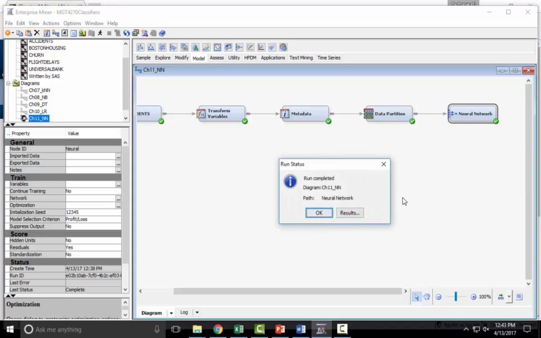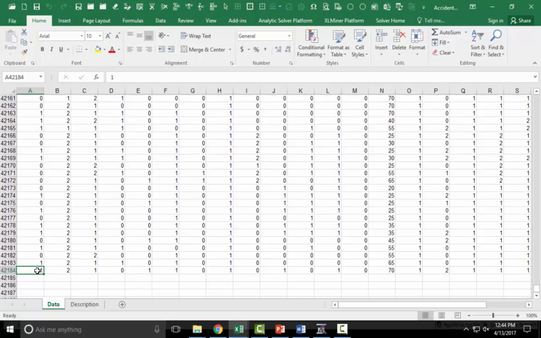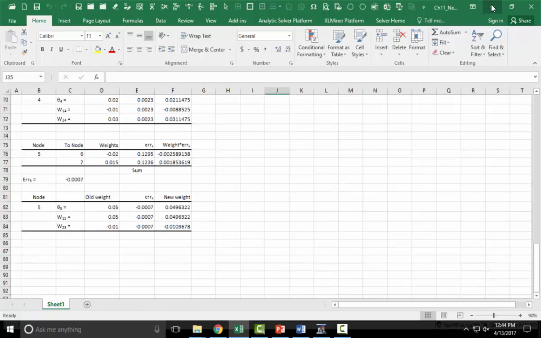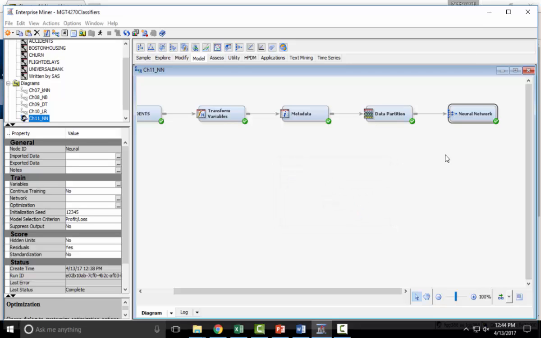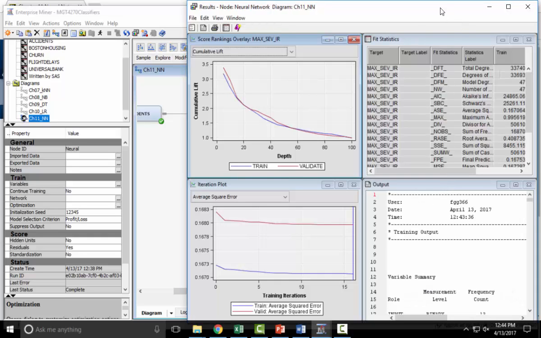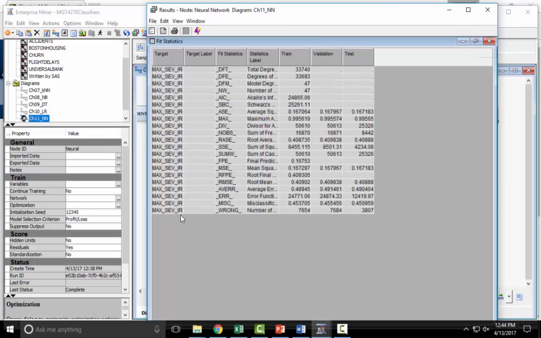Okay, so it takes a little bit of time. And how many observations do we have here? It's about 42,000 records, which is comparatively a small data set. So it takes a bit of time. Of course, this is just a PC. But I've seen SAS programs running with like 14 million records in just seconds. So, all right. So here we have the misclassification rate,